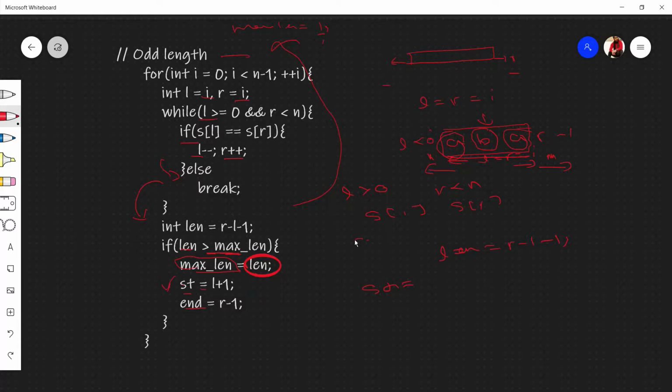So what we'll do, we'll pull back this L. If it is -1, we'll pull it back to 0. If R is on this side, R minus. If R is somewhere extra, like if we have this string and R has gone out of this bound, we'll pull this R back. Pulling these two back, we'll again start with the same code. Even code I've also